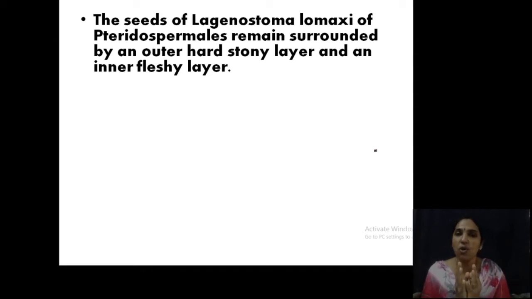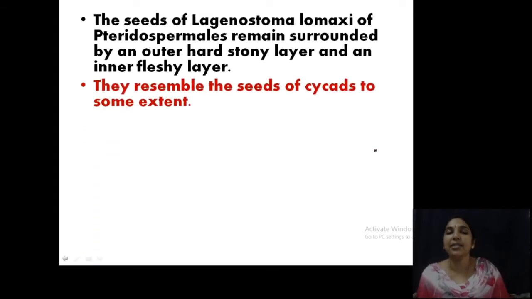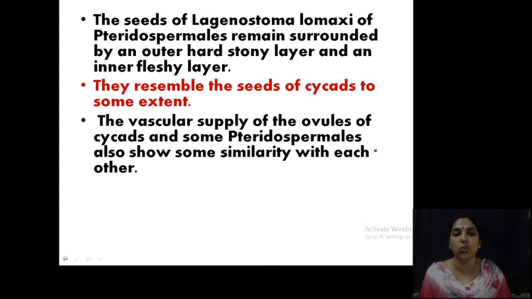In gymnosperms you can call it an ovule or a seed, both are correct. It is reconstructed here, and it has integuments. You know about integuments, you studied them in Cycas, Pinus, Gnetum, etc. in UG classes. Integuments are the coverings of the seed or ovule. There is a particular type: the outer hard, stony layer and the inner fleshy layer. So, integuments may be outer, middle and inner. The outer ones are hard and stony and the inner ones are a fleshy layer. This resembles the cycad seeds also, and each ovule has a vascular supply.